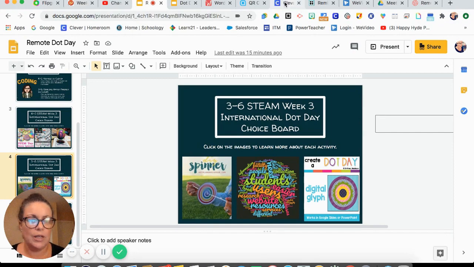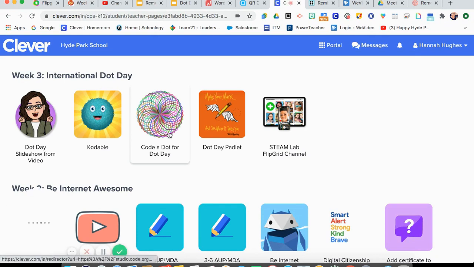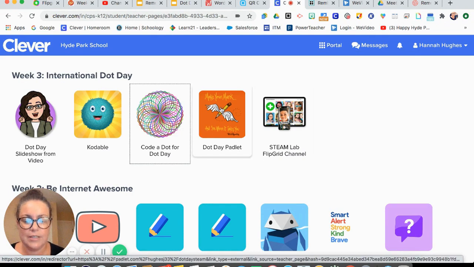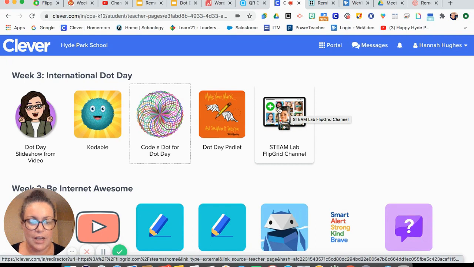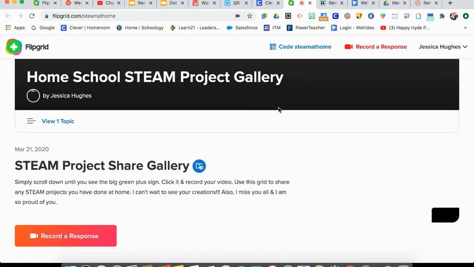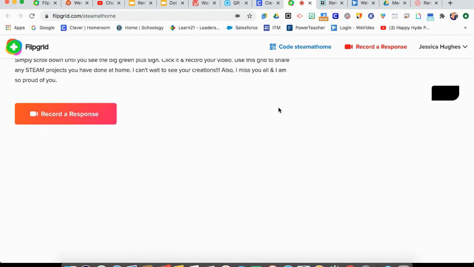What I want you to do is, when you go to Clever, if you choose to spend the entire time coding, then instead of going to the Padlet to share your work, I want you to go to the Flipgrid channel. And what you do on the Flipgrid channel is you just click on there, log in with Google,